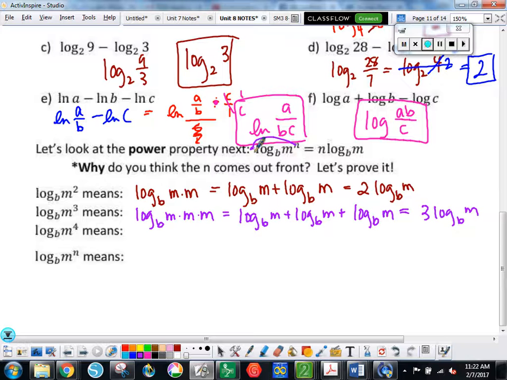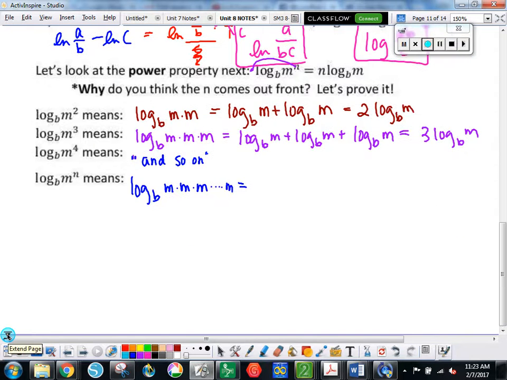Okay, now what about this one? How do I prove it for the general case? This means log base b of m times n times n times dot dot dot n, right? We have an unknown amount. Is that okay? Now if I'm doing a formal proof, which by the way,